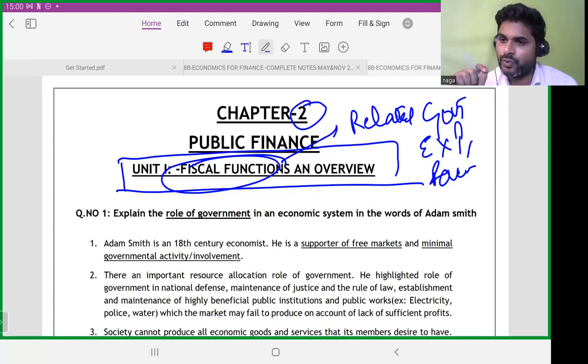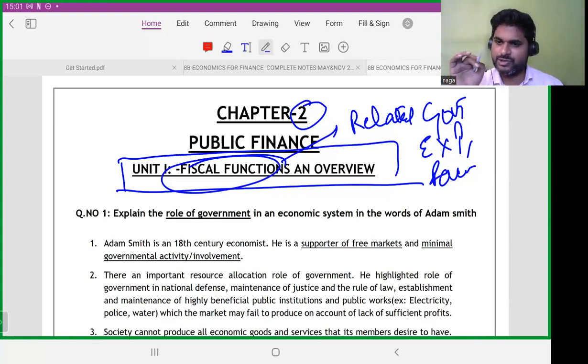Why the government has to do it, we discussed. In a market economy, in a free economy, free doesn't mean that everything is decided by demand and supply. There will be certain business cycles wherein in a certain period you will have growth, and then there will be a slowdown, and then recession, then growth slowly picks up. During these cycles, whenever there is a recession or high growth, government has to intervene.